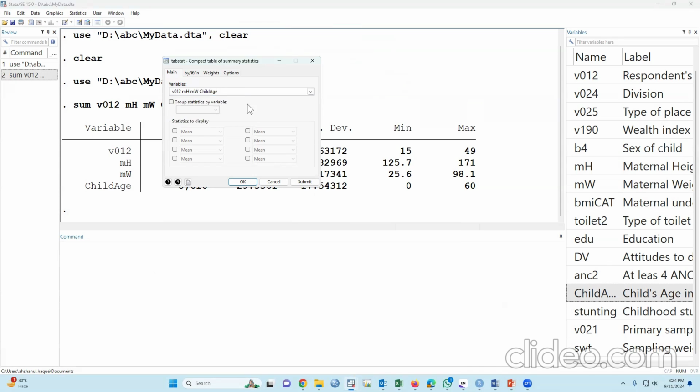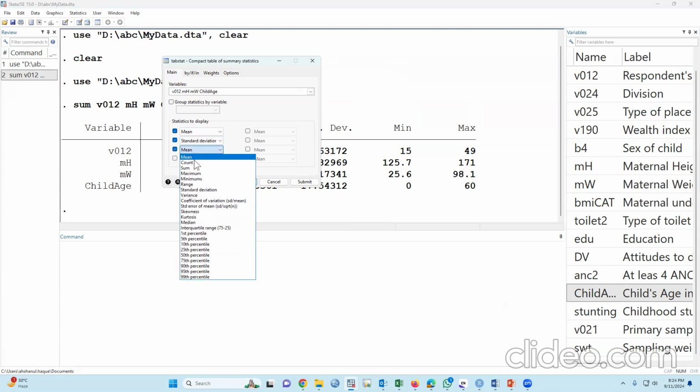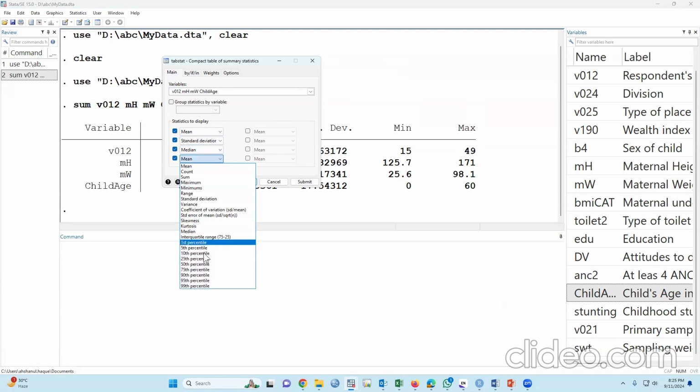There are 4 variables. And we can select the specific statistics, for example, mean, second is standard deviation, for example, median, third is 25%, which means first quartile,